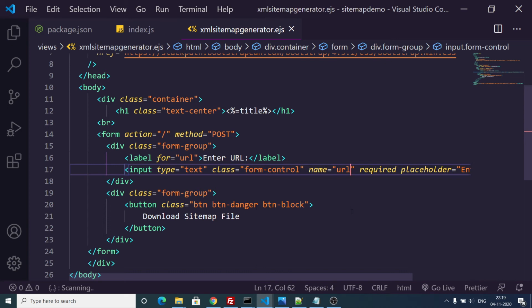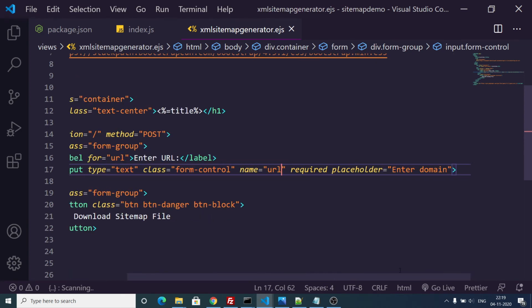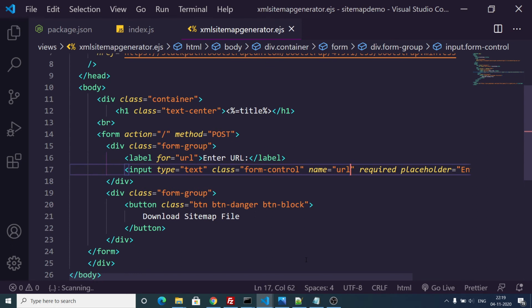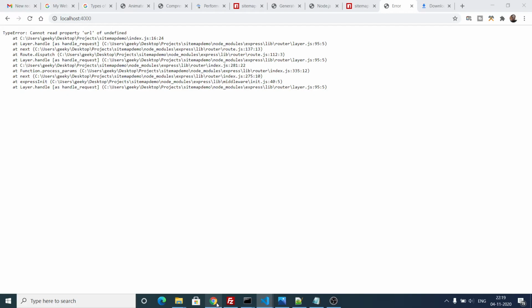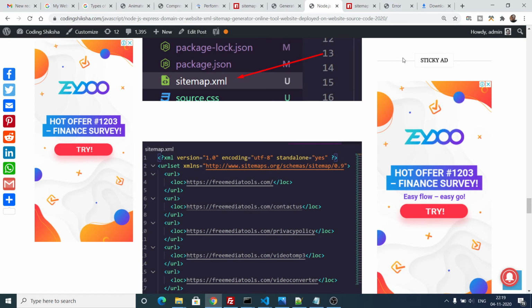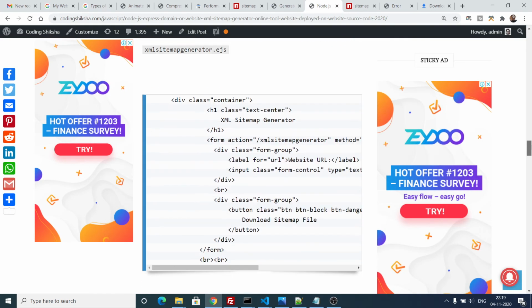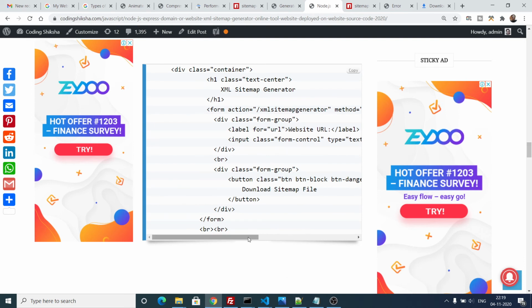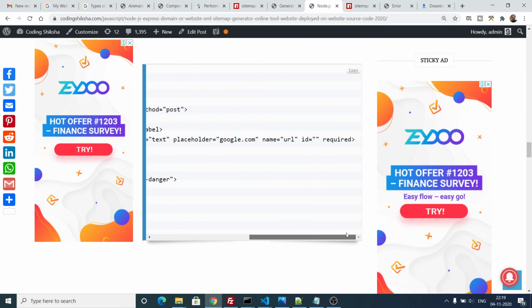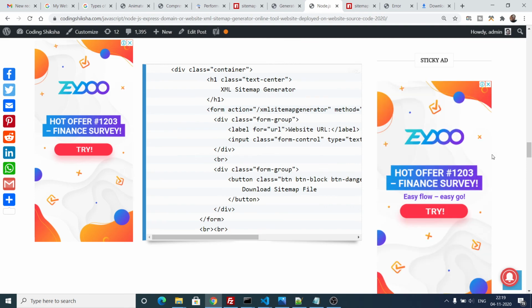We have given the name to it, so what is the problem here? Input type text, class form-control. Let me just check here, guys. Inside my blog I have written here, this name is url. So what is the problem?